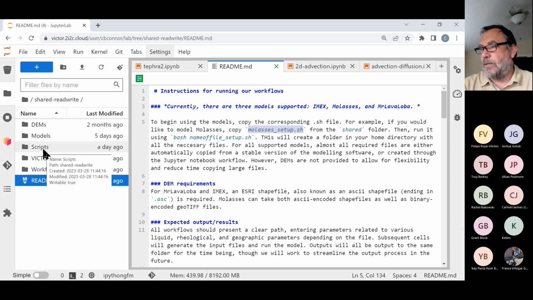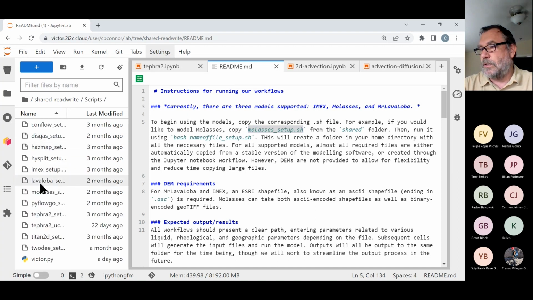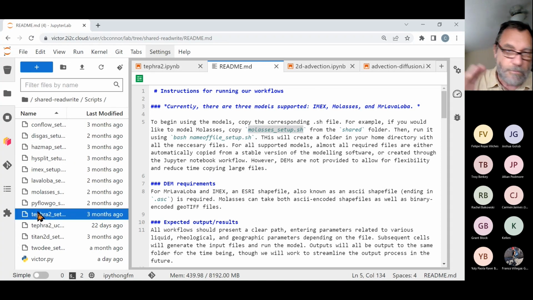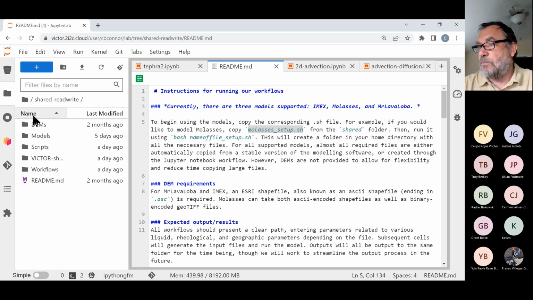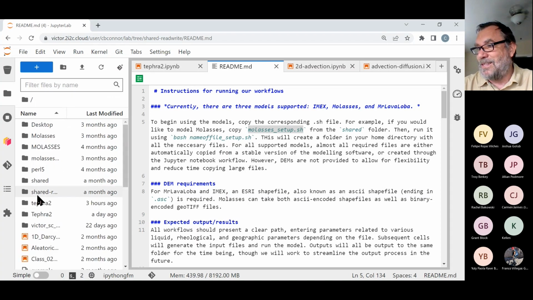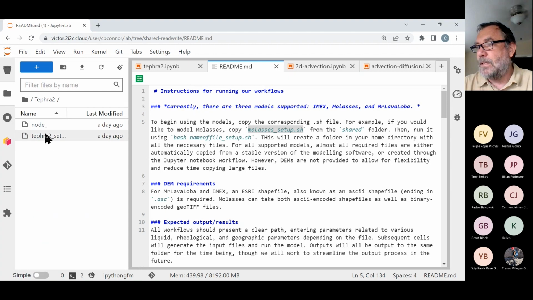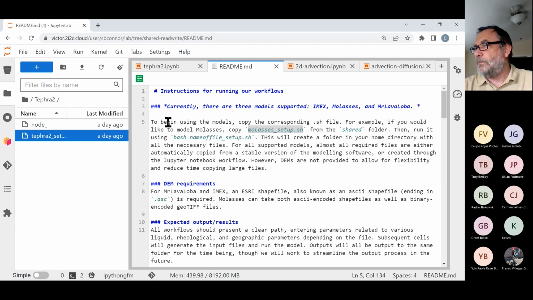So I think it's under scripts. So I could copy this shell script into my Tephra2 folder in my directory and run that shell script. And so how do I do that? I'm going to show you an abbreviated version because I already did this. So I go over here, and here's my shell script. And if I go to